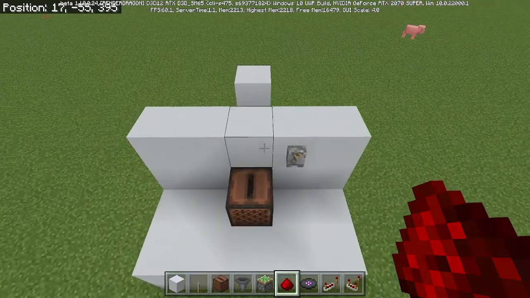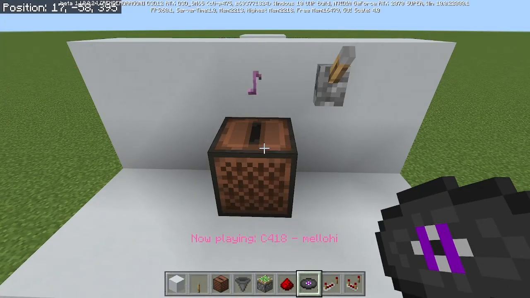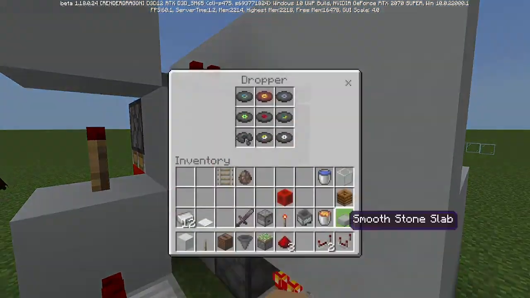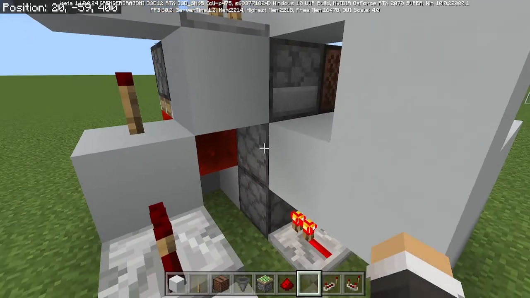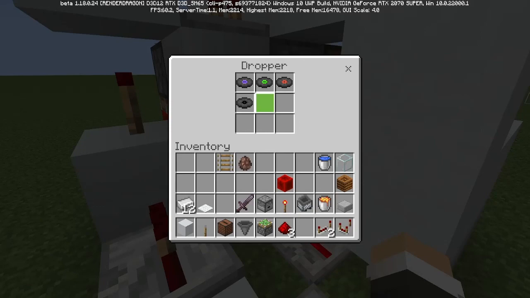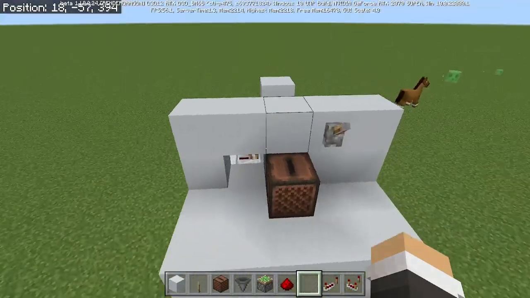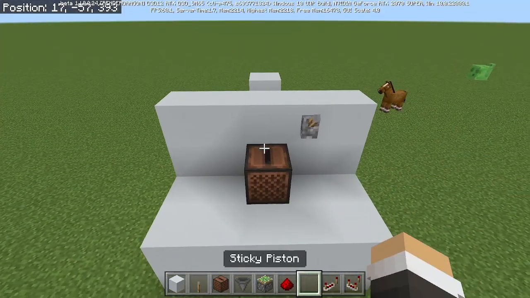Okay, now we're going to go ahead and demonstrate the jukebox loop and how it will stop and how it will repeat. Okay, just to show you guys, I did fill up these droppers here. They're all literally like 1 of each record, and it took 1.5 droppers almost. Pretty much 1.5 droppers. And those droppers are full, those 2 droppers. I broke this block just so I can put those records in there.